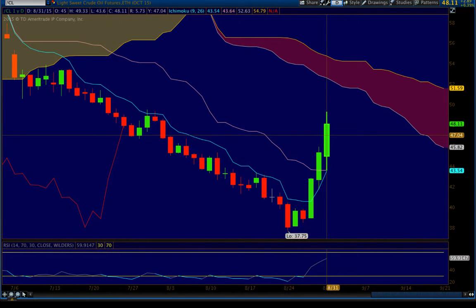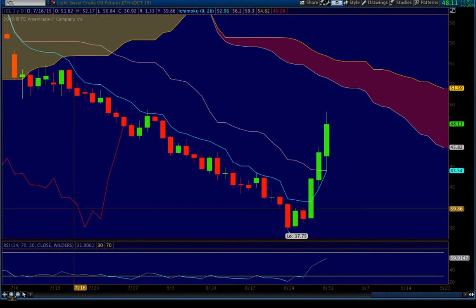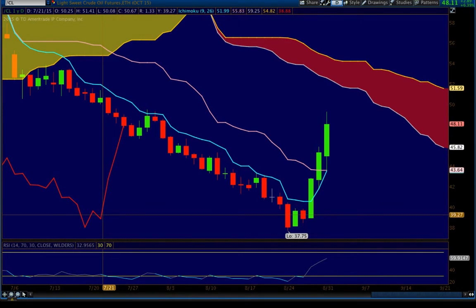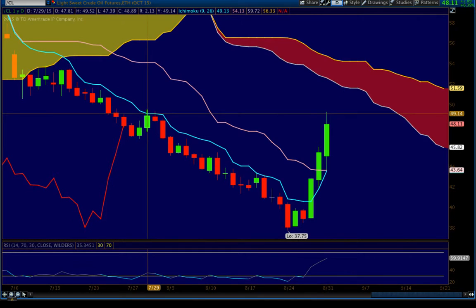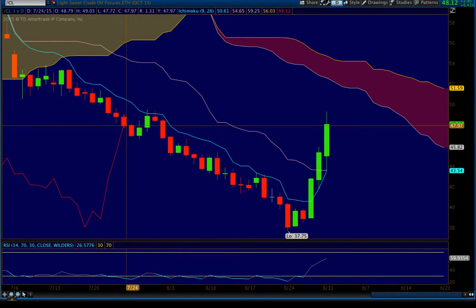But you see that we have the Chikou span over here, this red line representing price time shifted 26 periods into the past, and that is sticking into this red candle here where I suggested we would find resistance. And in fact, I would not be surprised to see the closing candle be exactly at the same level as the bottom of this candle, which is at 47.97. That would be a few cents down from here, but that's the level I was looking for resistance on